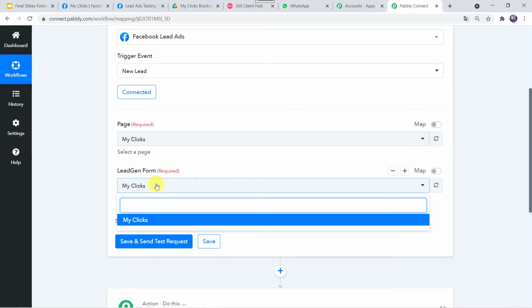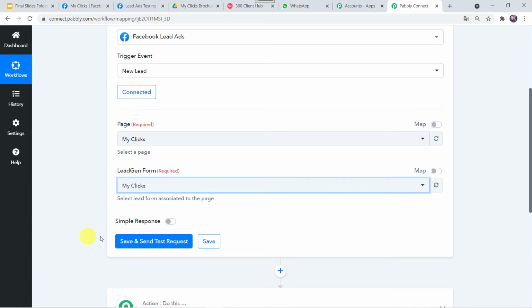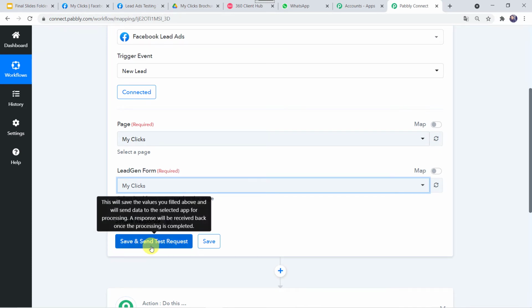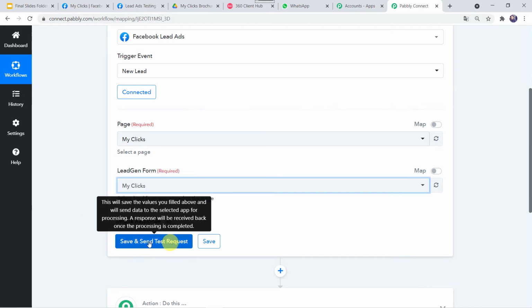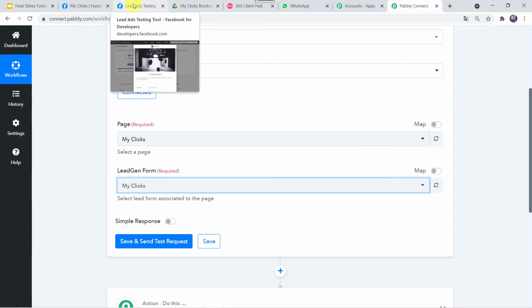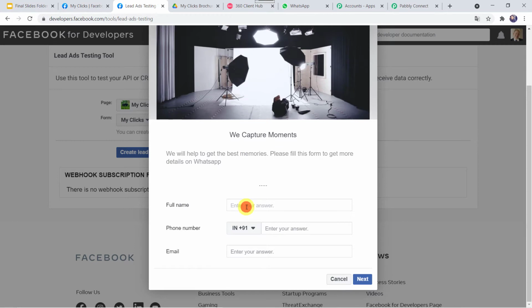So here as you can see I have created only one form, that is why only one option is there. If you have multiple forms over here, then you can select the form which you want. I'll be selecting my clicks, okay. Now before clicking on save and send test request, first we have to create an entry. We have to fill the form, just because after clicking on save and send test request, the latest response will be captured. So let's go to Facebook lead ad forms and here let us give the full name as Shikha